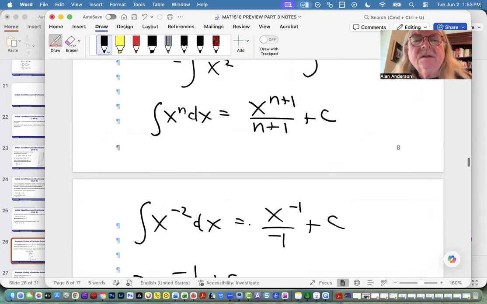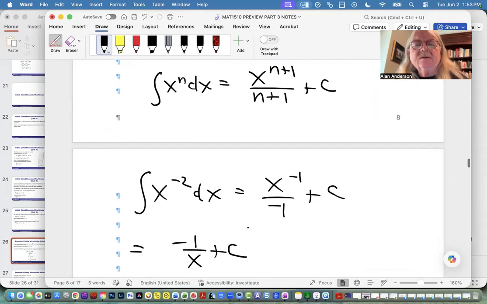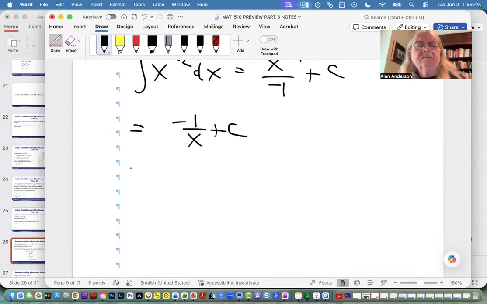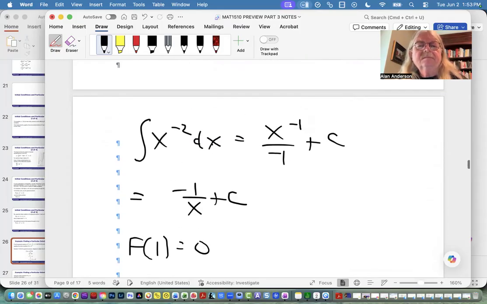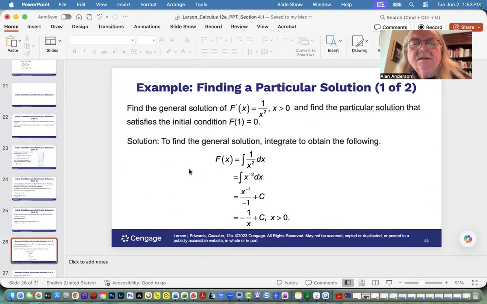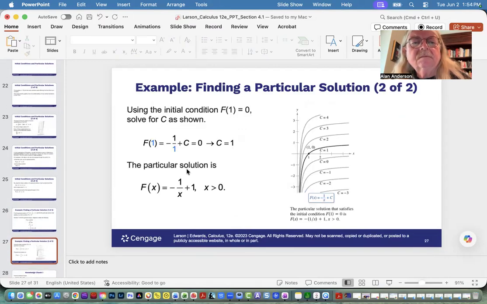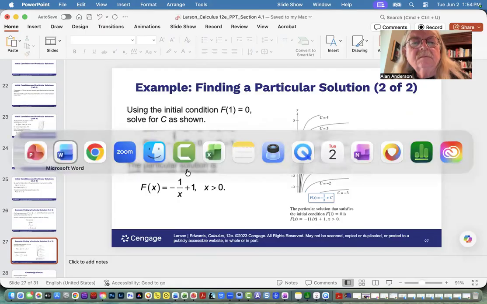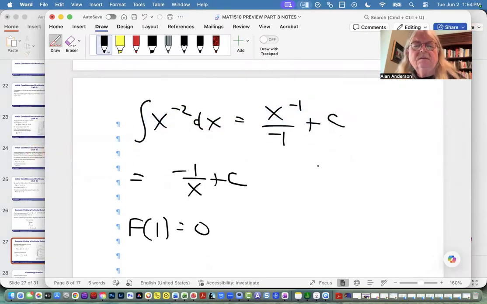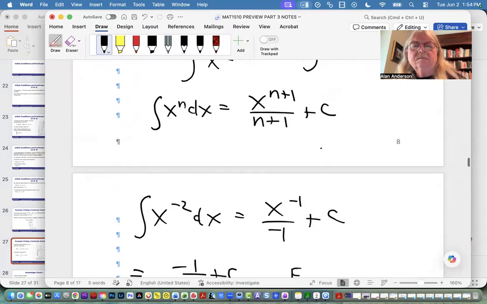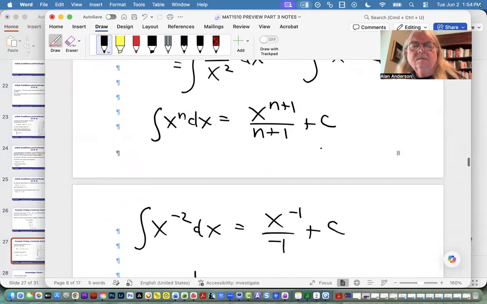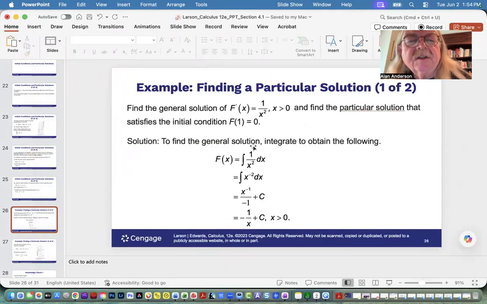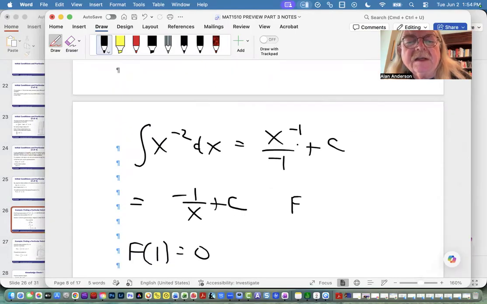But we also know that f of 1 equals 0. So, therefore, since we started out with f of x equals 1 over x squared,